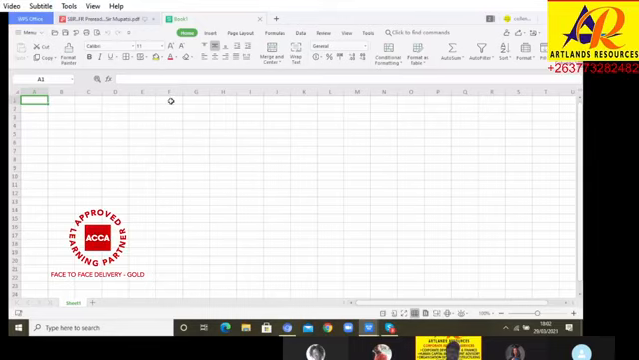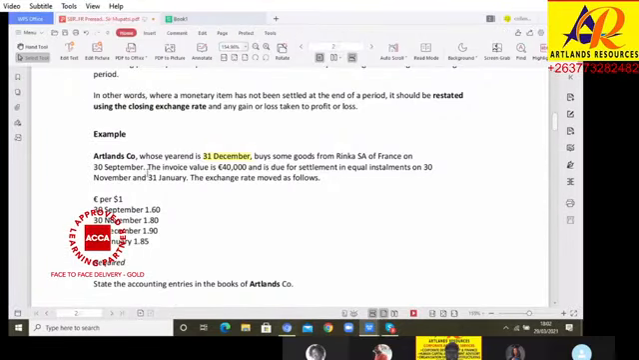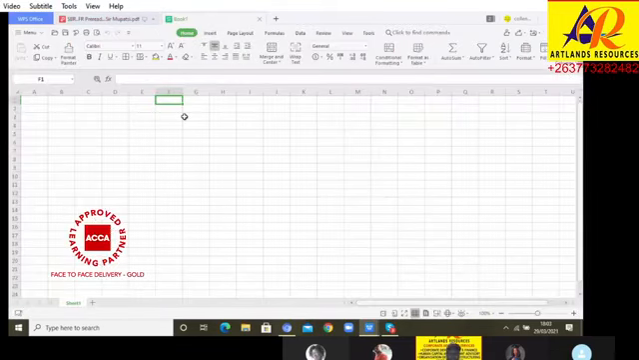Okay, so here you go. So let me read the question again. Atlas company, whose year end is 31 December, buys some goods from Rinka SA of France on 30 September. The invoice value is 40,000 and is due for settlement in equal installments on 30 November and 31 January. The exchange rate moved as follows. So these are the exchange rates which were prevailing in the relevant periods. So you have got Atlas Company,